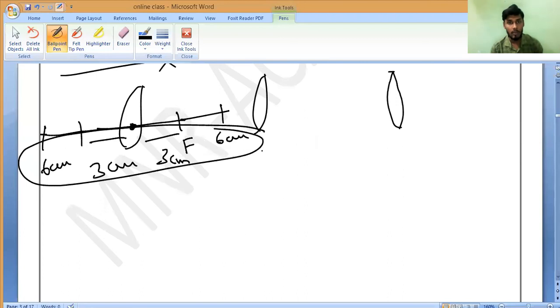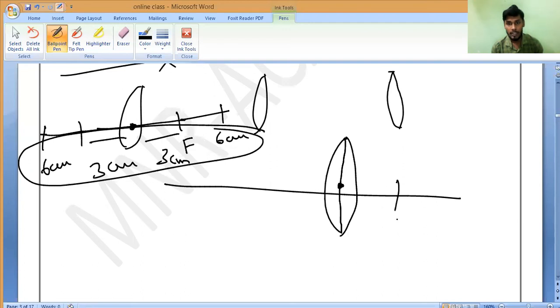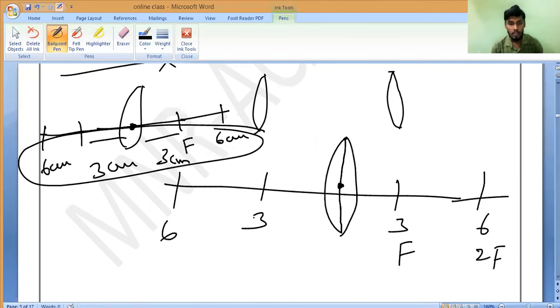No confusion at all. Everybody, draw the lens with the help of your ID card and draw this straight line. Midpoint should be found first. Then you can draw 3 centimeter. Here also 3 centimeter point. Next 6 centimeter, and here also 6 centimeter. Mark the points. Here F, here 2F. Here don't mention this 3 centimeters. Here it should come F dash and 2F dash. All of you do this first.